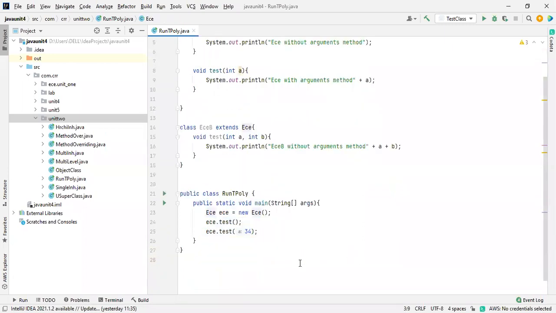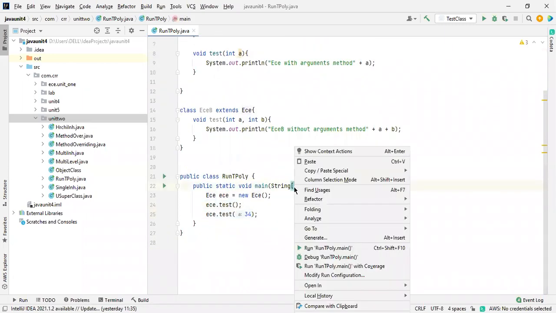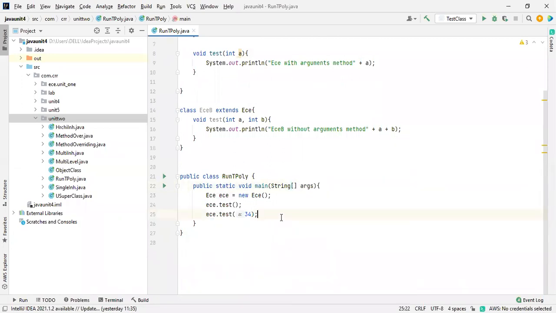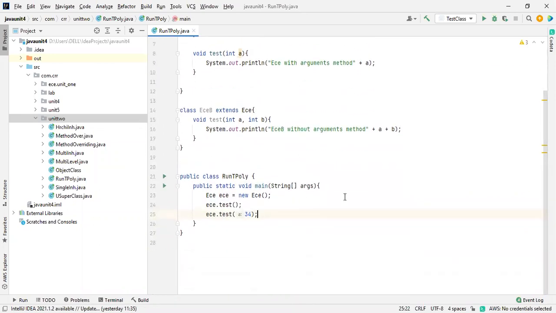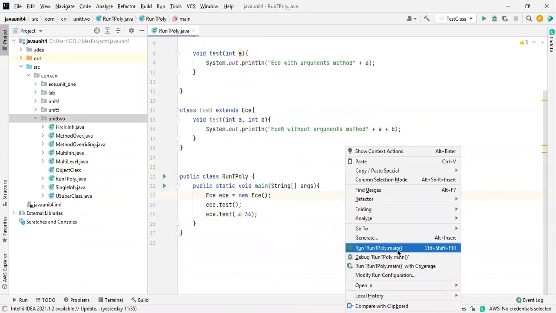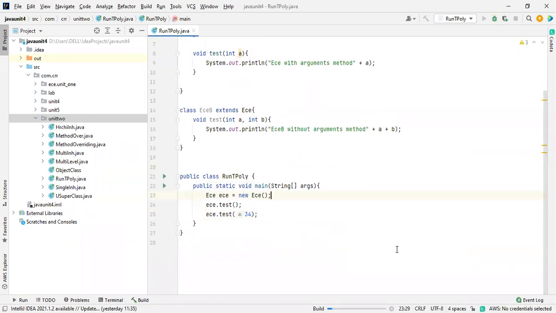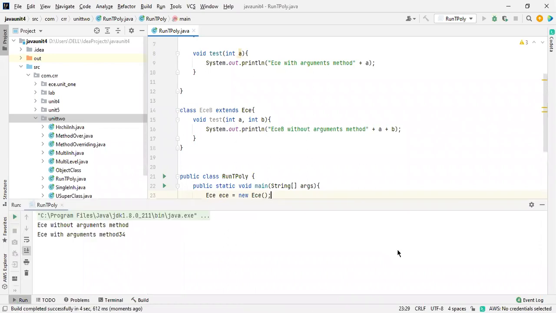Now I'm going to run this one. I'm not talking about runtime polymorphism right now. I want to tell you how you're going to call the methods. See this one, the ECE without arguments and ECE with arguments methods.